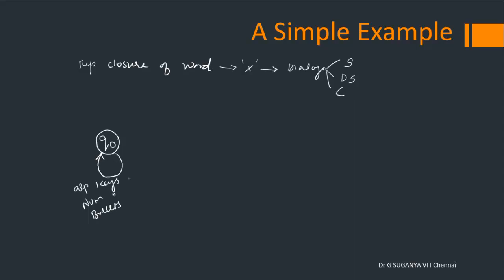Why am I drawing a loop of this kind? Because any number of times you can repeat this. You can even stop without using it. One time you can use, twice you can use, thrice you can use, any number of times. So what is Q0? Q0 is nothing but a state that represents working in Microsoft Word, MS Word.